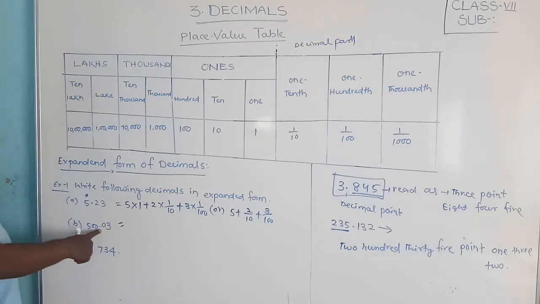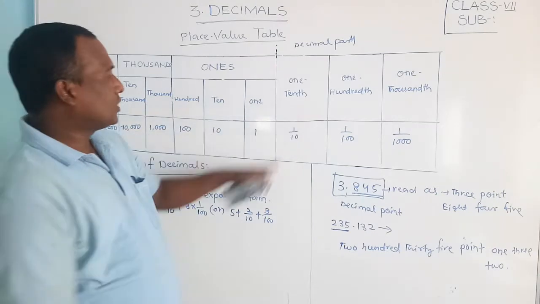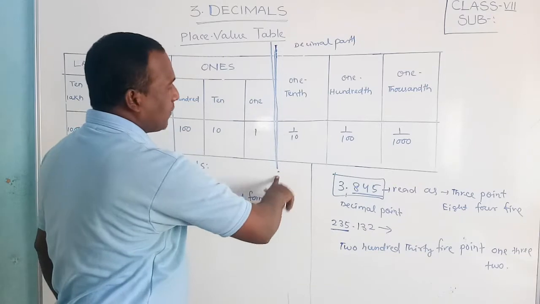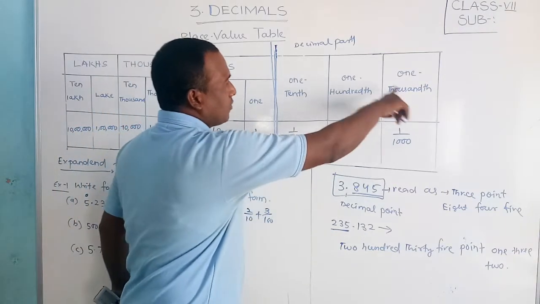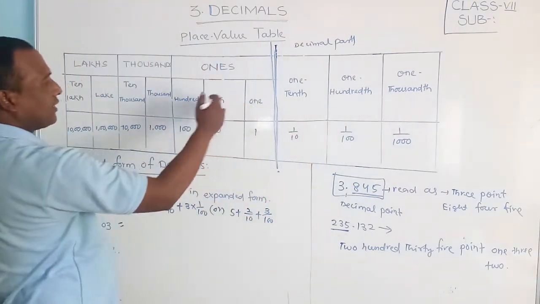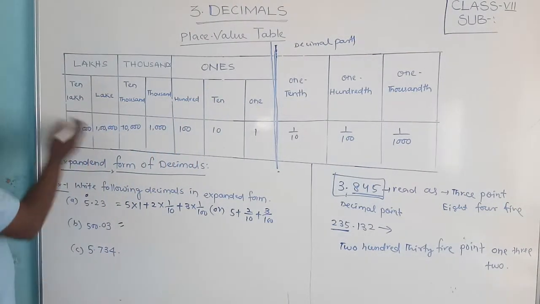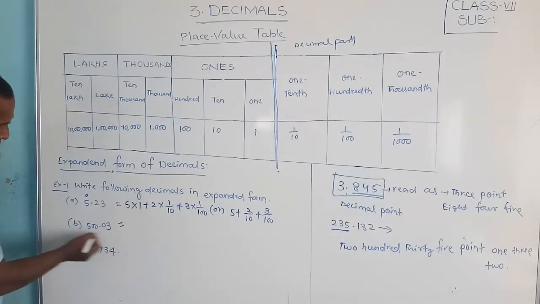Check the decimal part first, and before the decimal place, check this. This is ones, tens, hundreds. This is 1/10, this is 1/100. This is 1/1000. Wherever you go on the right side, friends, from here to this is the decimal part. You remember that carefully. This is the decimal point. On the right side of the decimal point it is 1/10, 1/100, 1/1000. Here on the left it is 1, 10, 100, 1000, 10,000, lakh and 10 lakh. So like this it will go. So here observe, friends. Here what is the number? Read now.